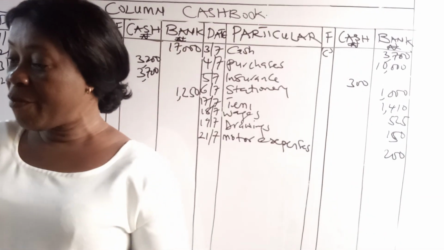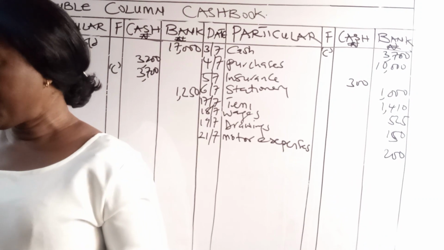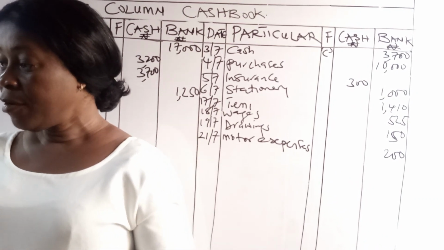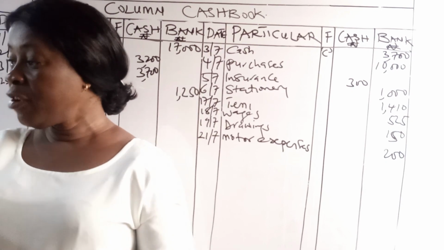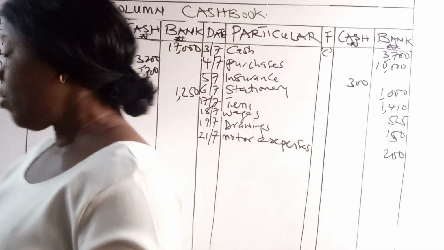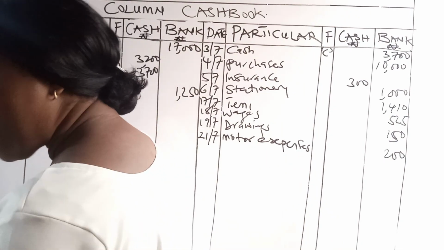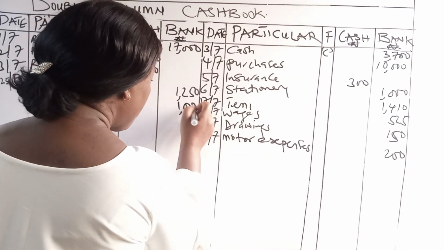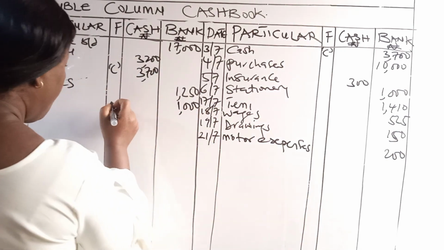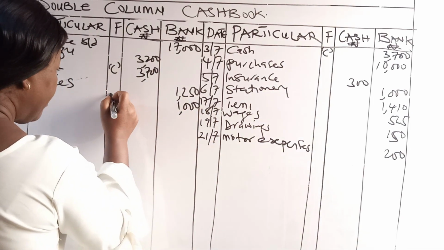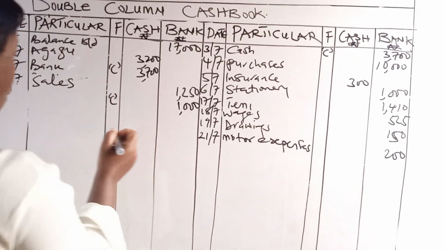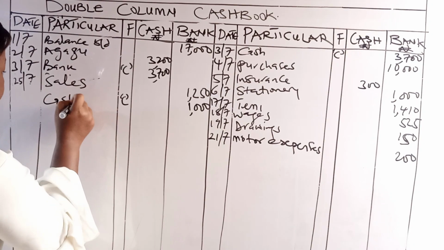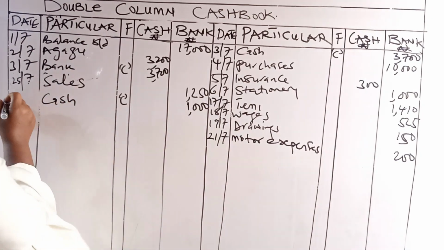Then the last but not the least, July 26, paid cash of 1000 naira into bank, meaning they have more money at the bank and lesser cash. Paid cash, so money was removed from the cash till and lodged into the bank. So as a result of that, bank will be debited 1000 naira. Then in the column for folio, we write this sign meant for contra entry. Then cash will be written in the particulars column. Then the date